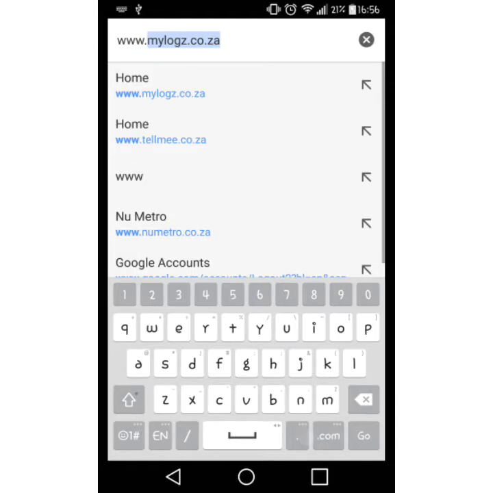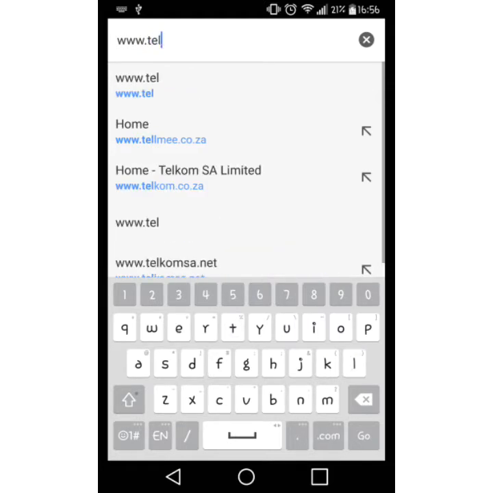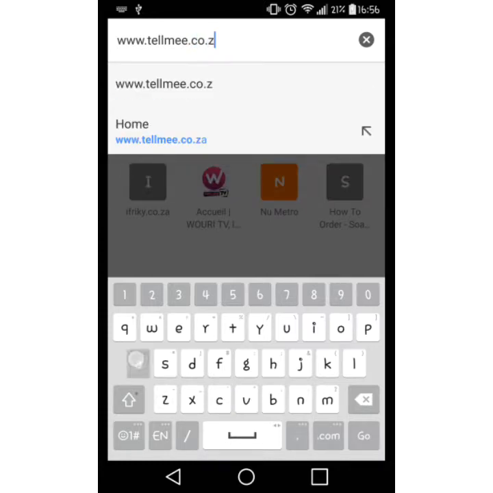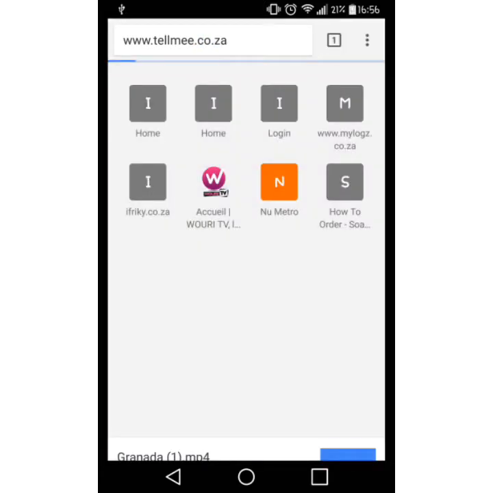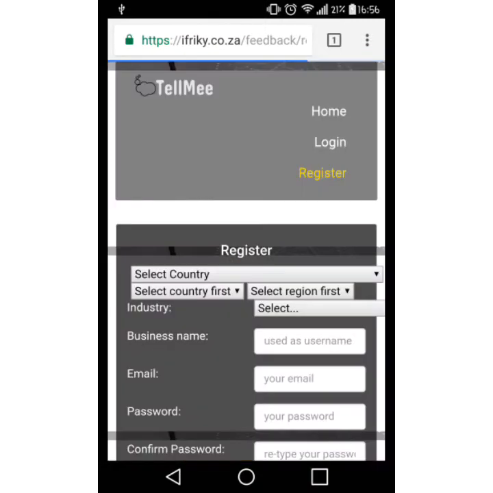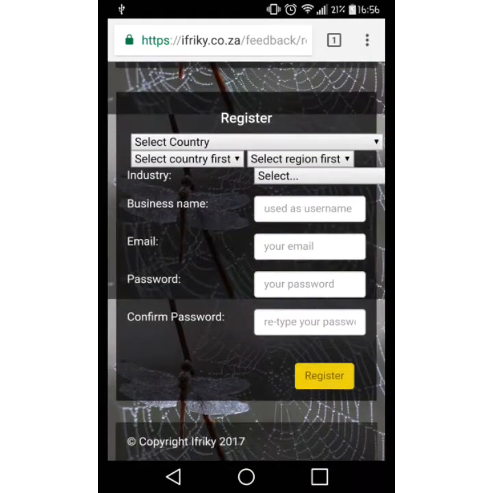You go to www.tellmee.co.za. Here, basically, you can register your business. As you can see, you get to select the country where you operate. You select your physical location, your industry, the business name, an email, a password that you confirm, and then